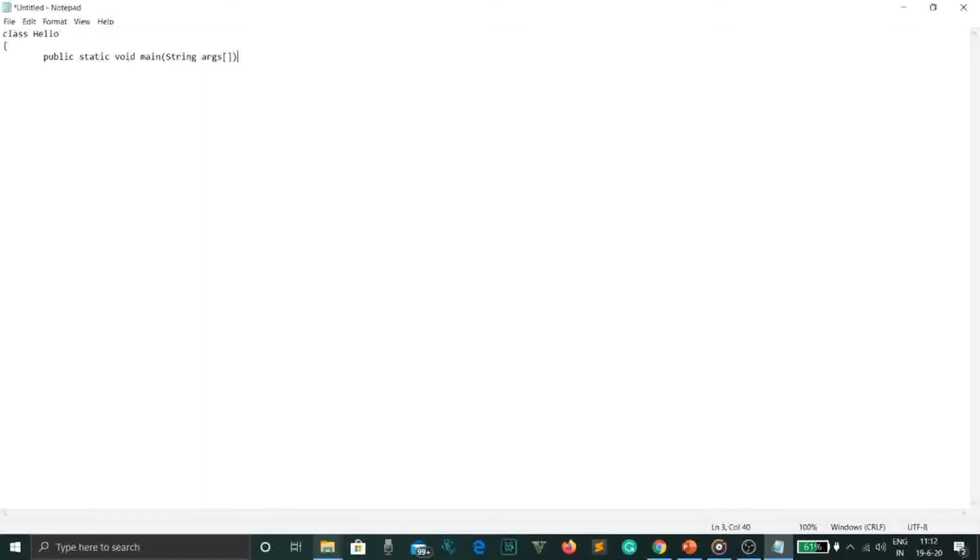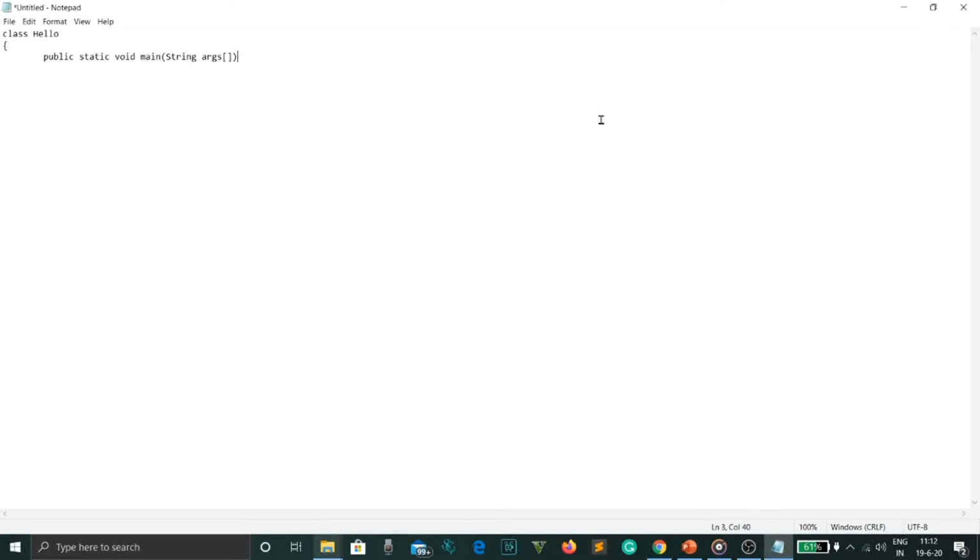Now what is public? Public is an access modifier which specifies from where and who can access the method. Making the main method public makes it globally available. Now coming to static. Static is a keyword. The main method is static so that JVM can use it without making an object of the class, about which we learn in the next session.